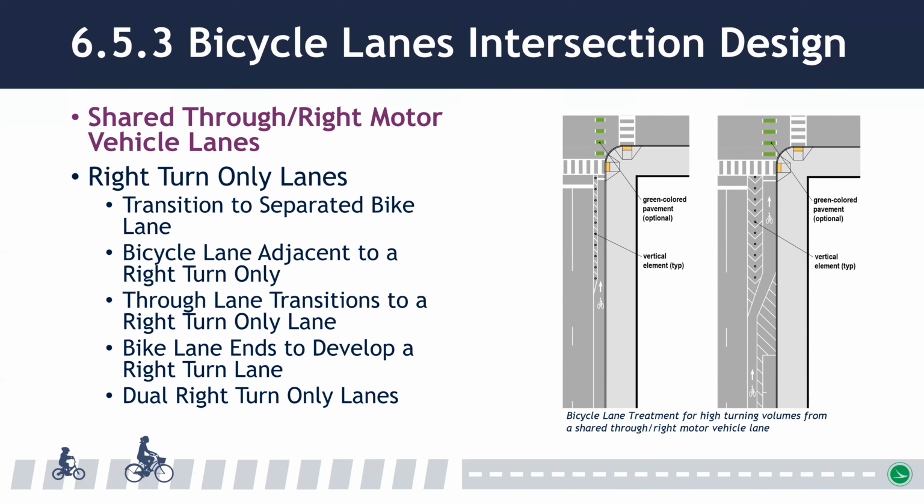The guide provides images and discussion on best practices for bike lane designs at locations where motorists have a shared through right turn lane or a right turn only lane. The images shown on the slide are for intersection approaches with limited space where a right turn lane is not required for motorists, but where there are relatively high right turn volumes, say more than 150 vehicles during the peak